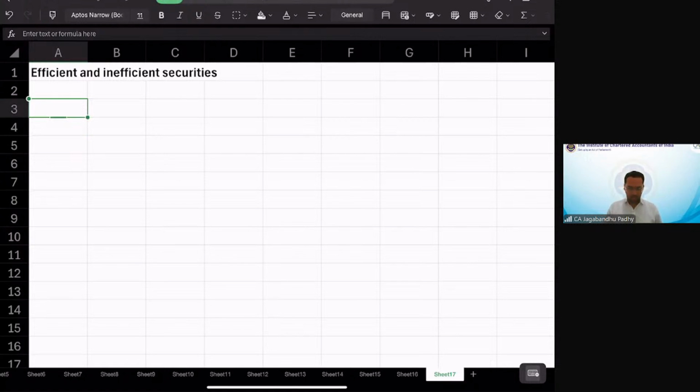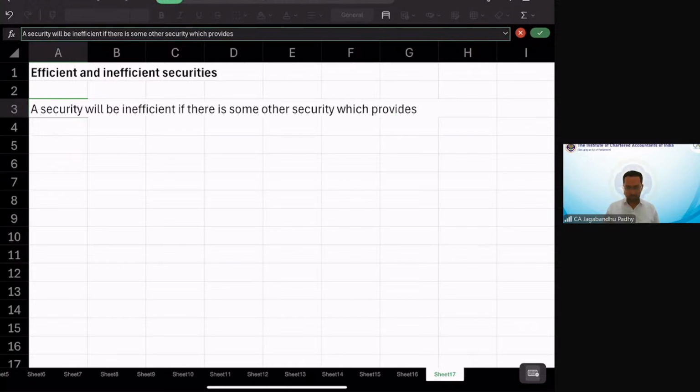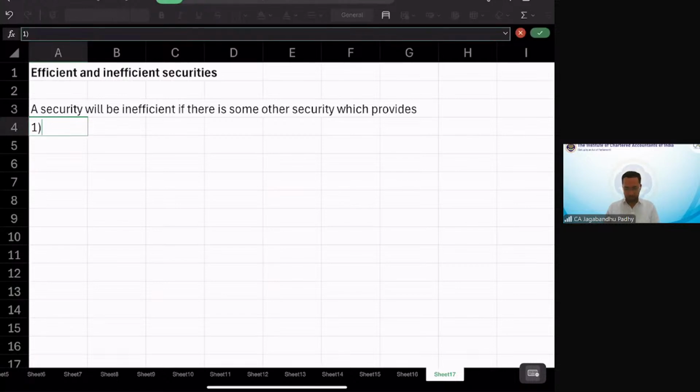It says, the theory says, a security will be inefficient if there is some other security which provides three situations. So we are going to say that a given security